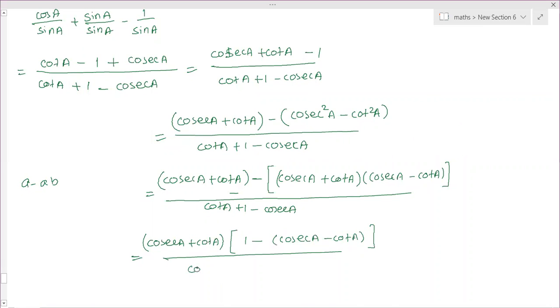Divided Ma'am, by, why can't we do a square minus b square? so what we have done? Mom, I didn't understand why we took. Even I didn't. Mom, in the third step. Let me finish.